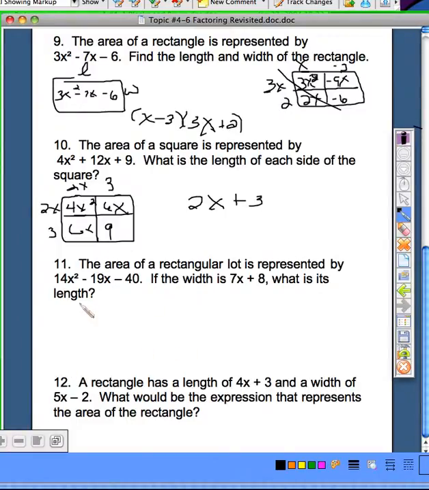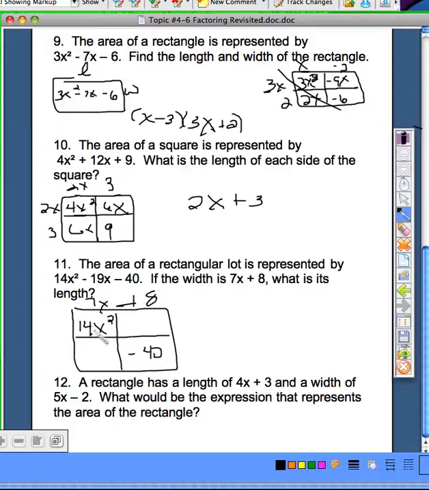On this one, you do it much like you did 10. You're given a rectangular lot. So draw it. Okay, and I have 14x squared here. And -40. And I'm given one of the dimensions, so I'm going to put that up there, 7x plus 8. All right, so let's go back. 14 divided by 7x means this dimension has to be 2x. That's what's going to give me